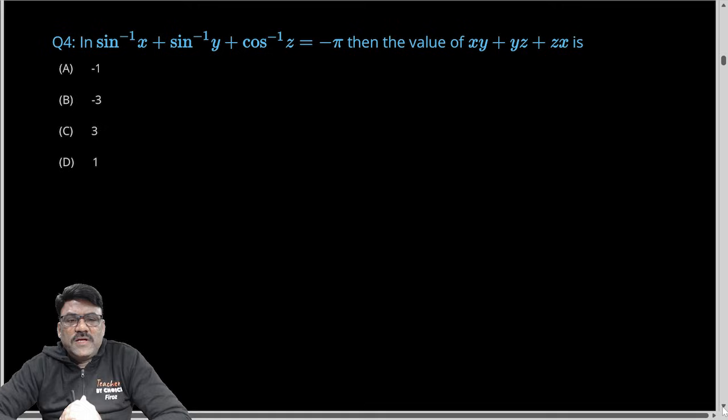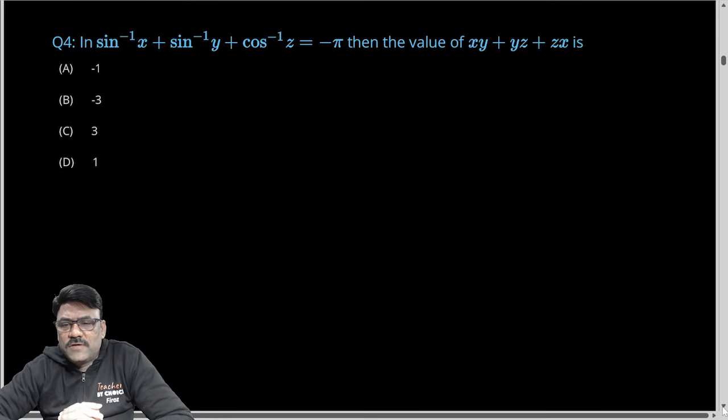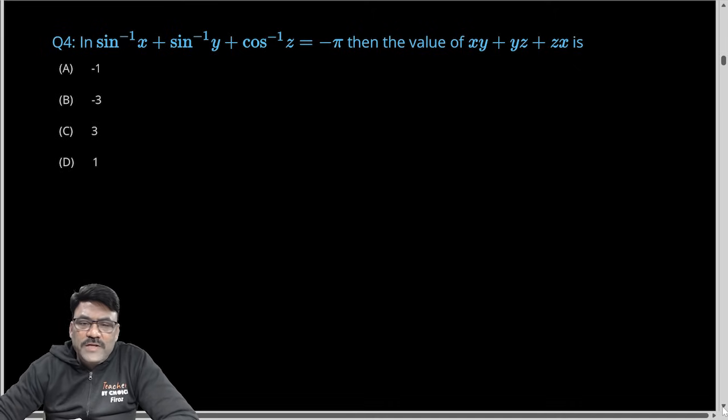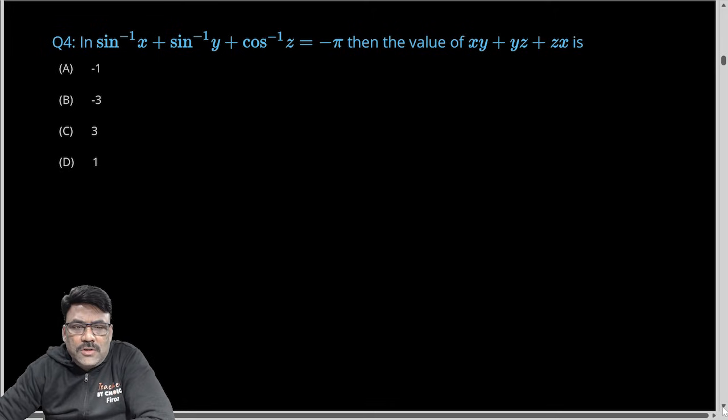Sin inverse x plus sin inverse y plus cos inverse z is minus pi. Then you have to get xy plus yz plus zx. Simple application of range of inverse trigonometric functions. You know that sin inverse x is minimum minus pi by 2 and cos inverse z is minimum 0. So this minus pi is possible only when all these three terms, sin inverse x, sin inverse y and cos inverse z,